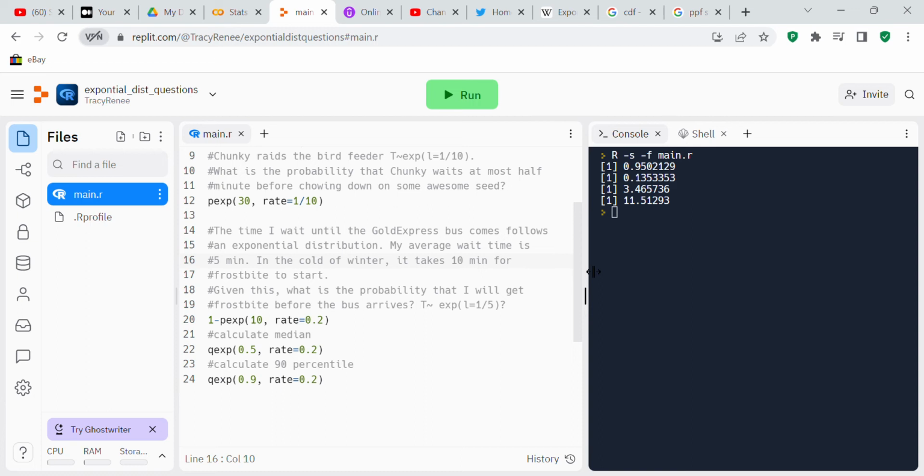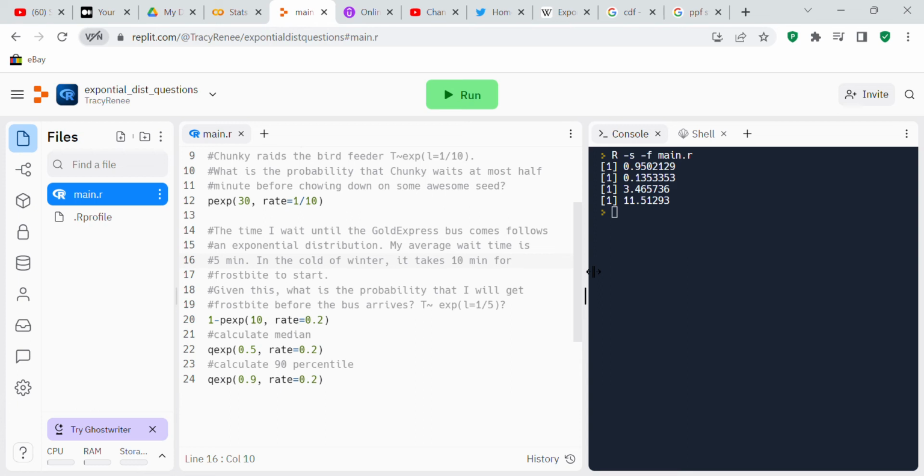and that gives you a value of 0.135333. Now it wants you to calculate the median. So that's qexp of 0.5, because 0.5 is the median, and rate is 0.2, because that's 1/5. And the answer to that is 3.465736. Now it's asking you to calculate the 90th percentile. So that's qexp of 0.9 for the 90th percentile, and rate is 0.2, which is 1/5, and that gives you a value of